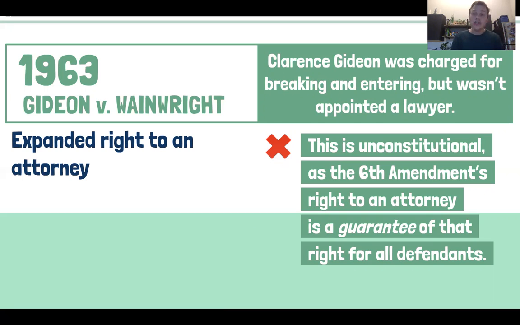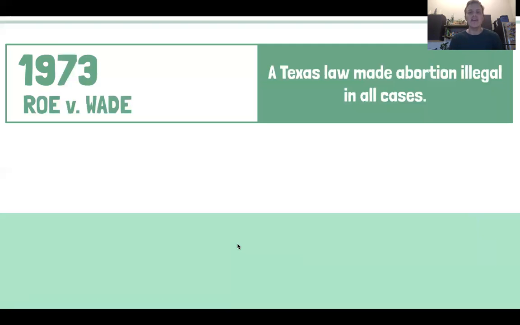In many ways, as controversial as it is, the 1973 case of Roe versus Wade is much in the same vein. Now, understand for the AP test, you must understand Roe versus Wade. You are not required to agree or disagree or defend or refute the ruling in Roe versus Wade. We all know that abortion can be a very controversial topic. They are not necessarily looking for you to argue a specific side of this, but they do want you to understand the importance. And the importance of this case, as you'll see, is actually very similar to Gideon versus Wainwright.